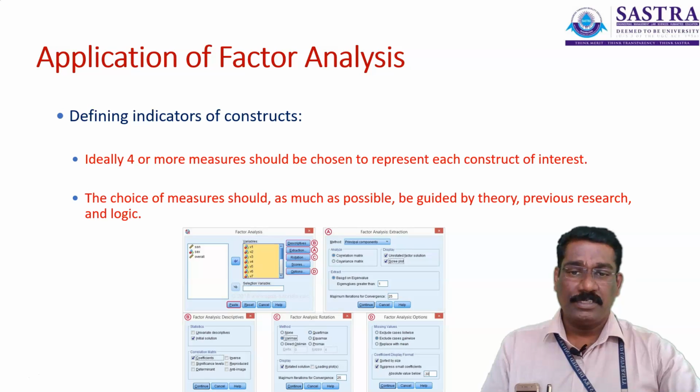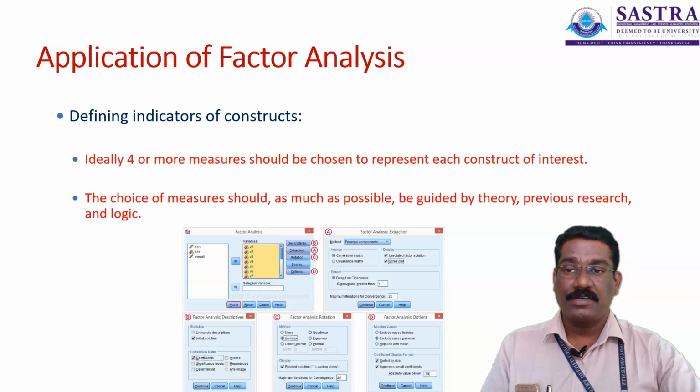The choice of measures should, as much as possible, be guided by a theory about service quality, and we can also take the measures or variables by reviewing the past literature, and whatever variables we have taken can be employed, as well as any variable that is a lacuna or research gap that can be fulfilled by substituting and extracting the variable by synthesizing the literature review,